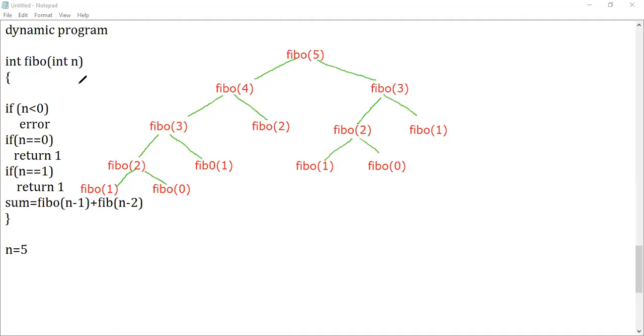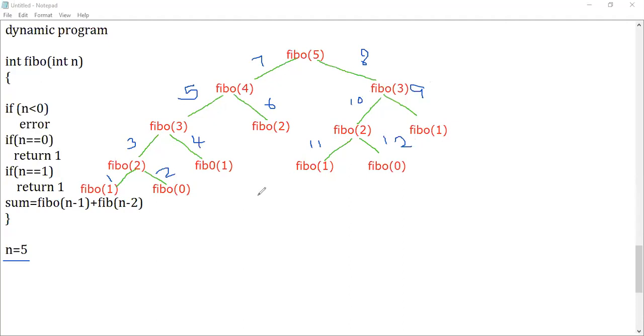If you're using the recursive way, just imagine how many iterations are required for a small number. What is the number we took? The number we took is 5. How many iterations? Count it. First iteration, second, third, fourth, fifth, sixth, seventh, eighth, ninth, 10th, 11th, 12th iteration, right? Am I right? 12 iterations are required for this one.